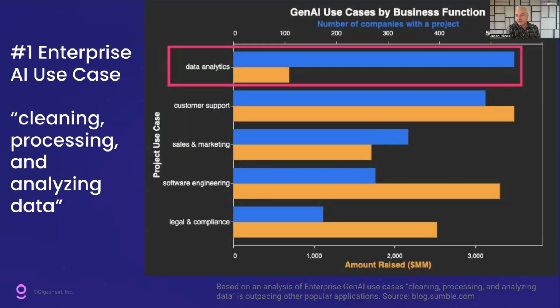Speaking of marketing and buzz, when you look at where all the venture capital dollars are flowing, the orange bars on this bar chart, you can see it goes into all kinds of different areas that you may have heard about in the news, like customer support or automating software engineering. But if you look at where enterprises are actually applying AI based on hiring data, the company Sumble wrote a really cool blog where they analyze job posts and what enterprises are looking to accomplish, what projects they have going on. Overwhelmingly, it has to do with data analytics, with cleaning up data and analyzing data using AI. That's what's motivating us: we feel that pull of our users wanting to do more with that. And so that's why we're going to talk